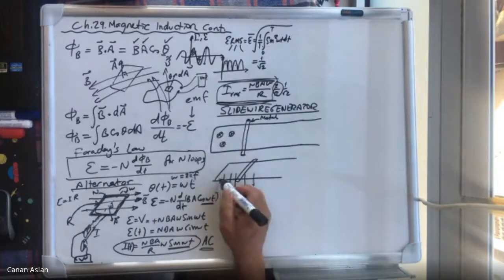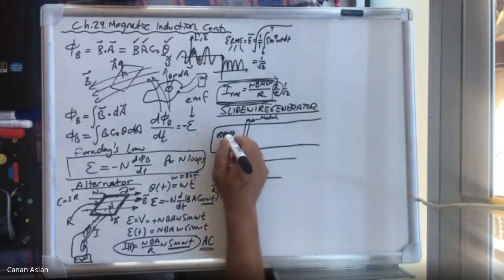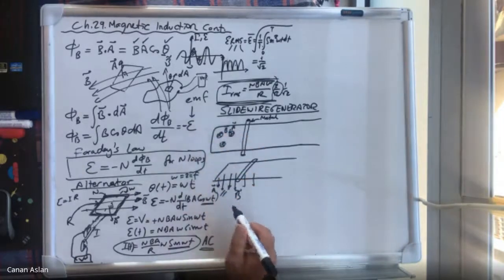And also the area vectors are chosen downward because it's perpendicular to the surface, and this area vector is parallel to the magnetic field. In this case, B dot A is just BA because they are in the same direction. So the area vector and the magnetic field vectors are going to be downward, okay, like that. Okay, so in this case,